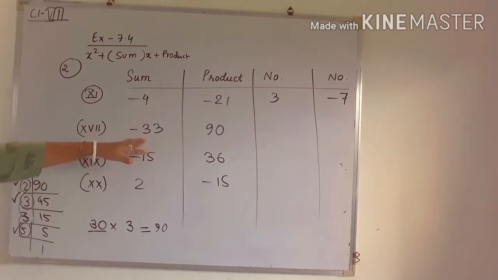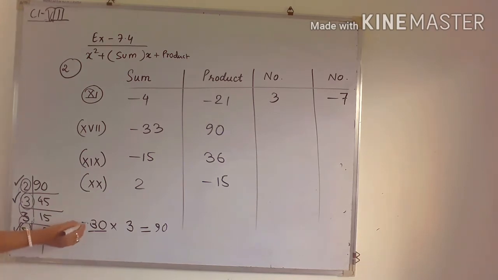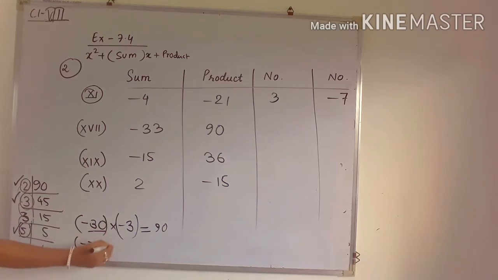Okay. So but see, this is minus 33. So how I will get minus 33? See, if I take both the numbers as a negative number, then minus into minus will be positive. This is okay. But if I add them, then what will be the answer? Yes, the answer is what? Minus 33. So by this way, I can get the two numbers.